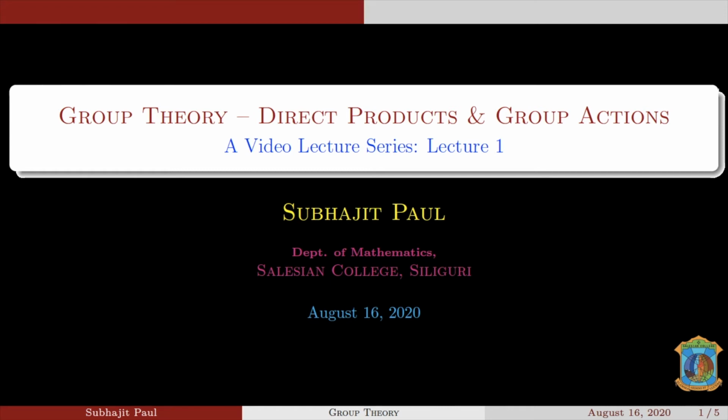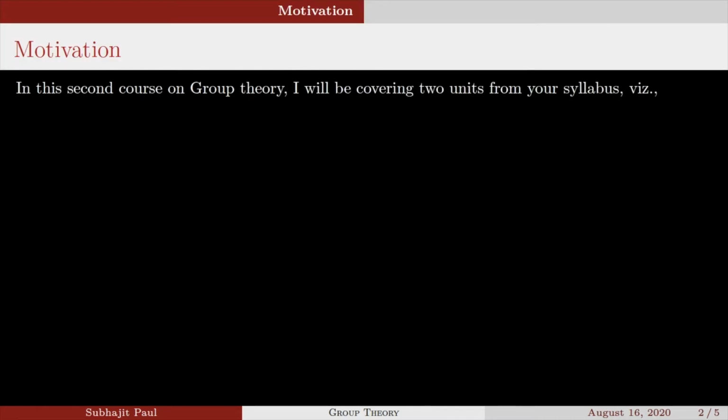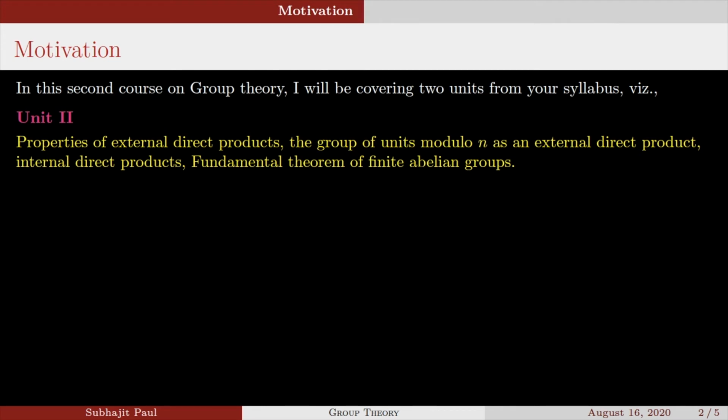This is the course on group theory. Your part in core course 11, direct products and group actions. These two portions I'll be taking. So, in the second course of group theory, I'll be covering 2 units from your syllabus, namely the unit 2,